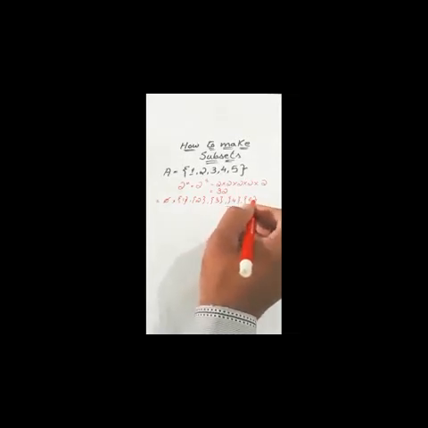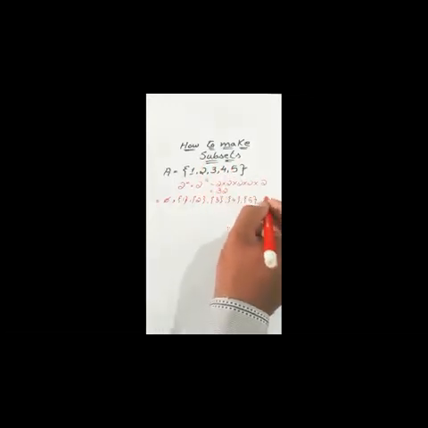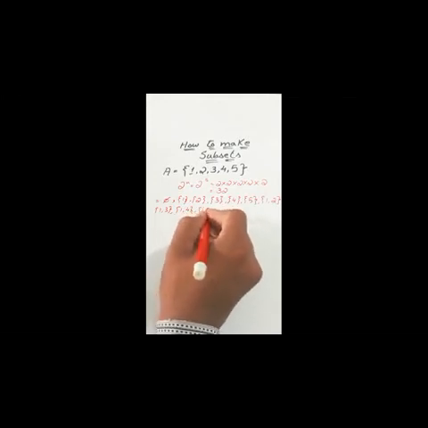As you are done with the singles, now it's the turn of doubles. Means you will show the relation of 1 with 2, 1 with 3, 1 with 4, 1 with 5. So let's start with that. 1, 2. 1, 3. 1, 4. 1, 5. Then we'll show the relation of 2 with others.